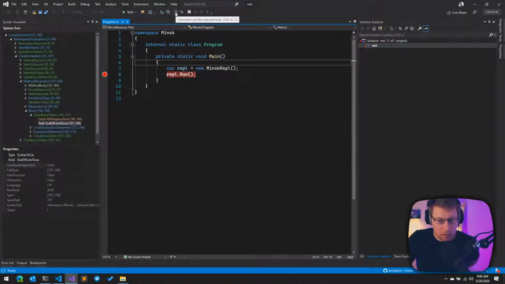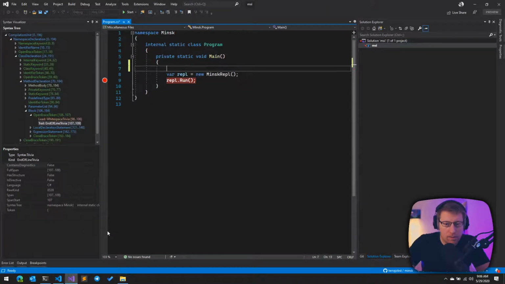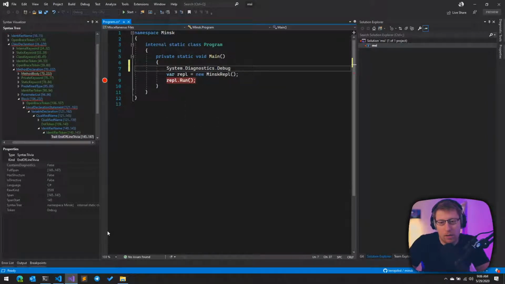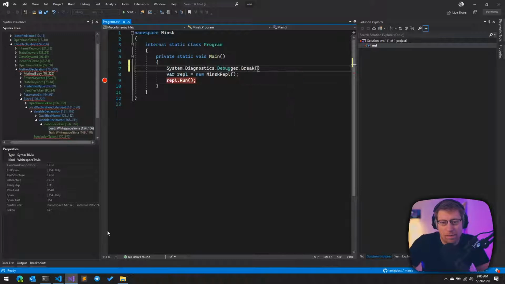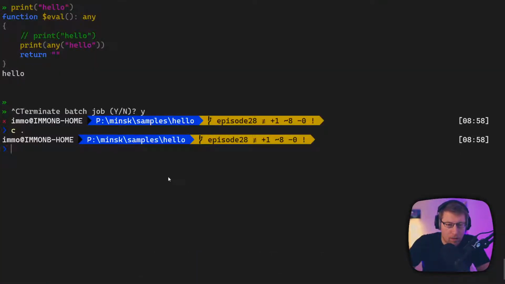Another thing we can do potentially is what would happen if we put a call here, System.Diagnostics.Debugger.Break, and then we say